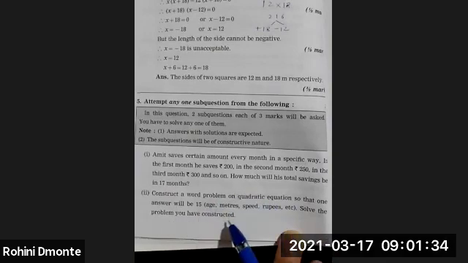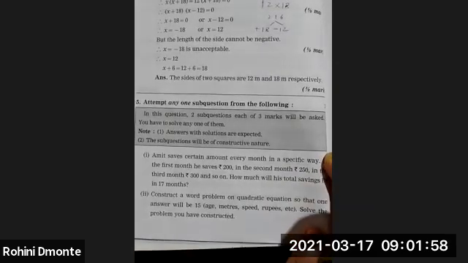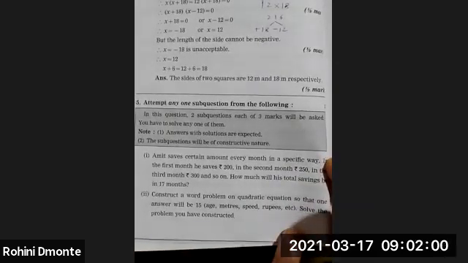It means you first have to read the sum very carefully. You have to find out what exactly you have to find. What should be the nature of this sum, what exactly you have to do, and what are the conditions of this sum. You have to check this first, and accordingly construct the problem. Once you have constructed the problem, you have to solve the sum. Because for the construction of the sum you will get 1 mark, and another 2 marks are for the correct solution of the sum that you have constructed.